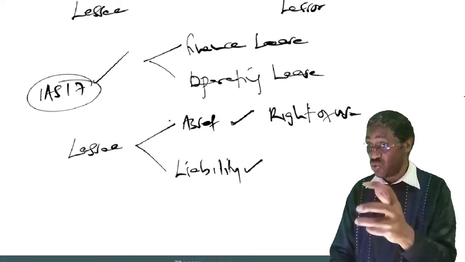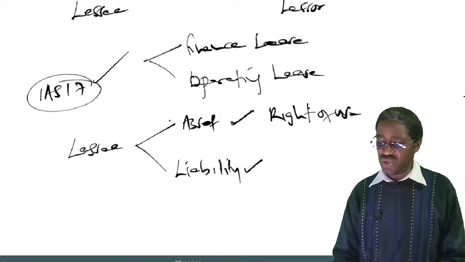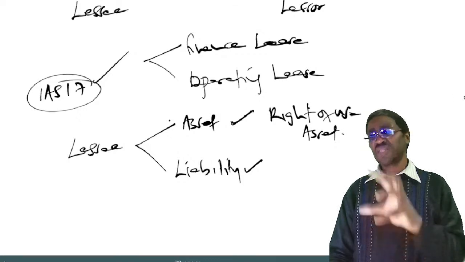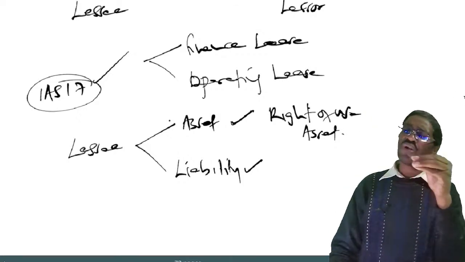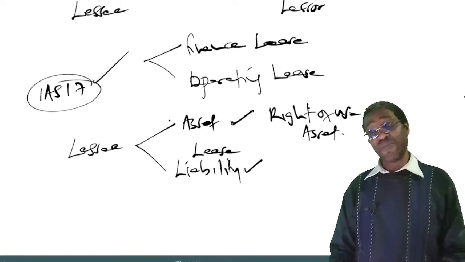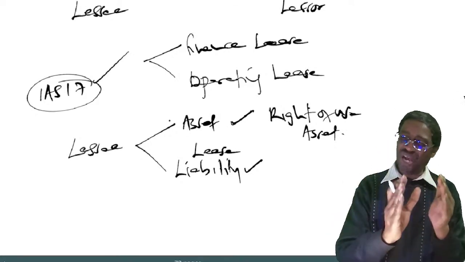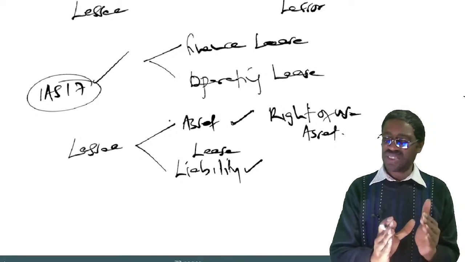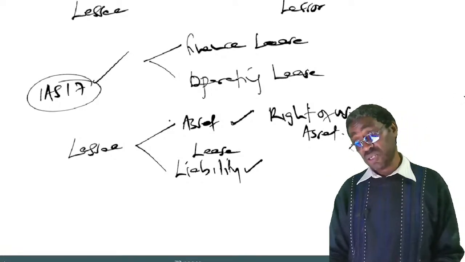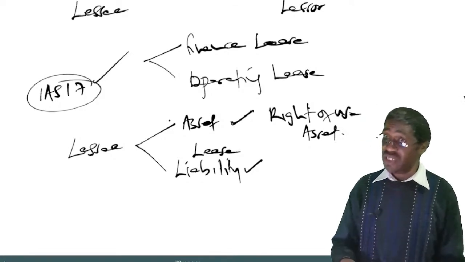You have a right of use. So you recognize it as an asset. And that value we normally call right of use asset. Then we are saying you should also recognize a liability, which we normally call a lease liability. Why do you recognize a lease liability? Because you have that obligation as a lessee to make those future lease payments. And because you have those future obligations, you should recognize that as a liability also.